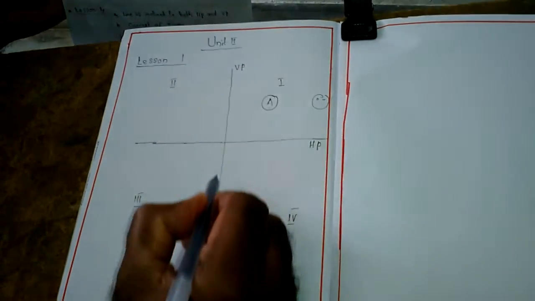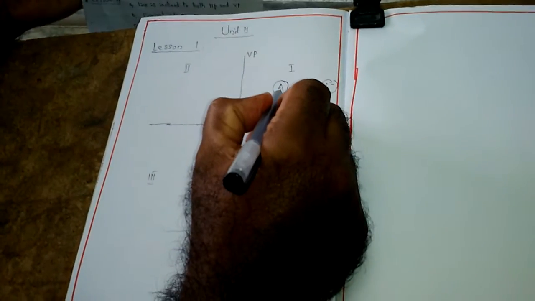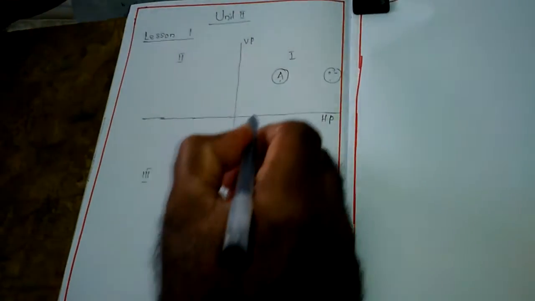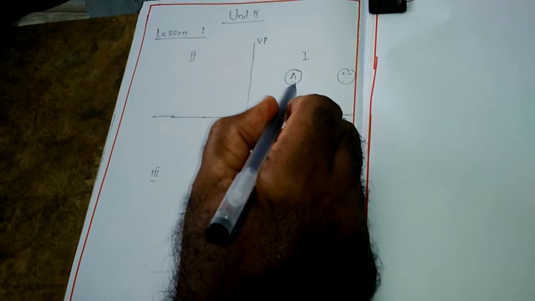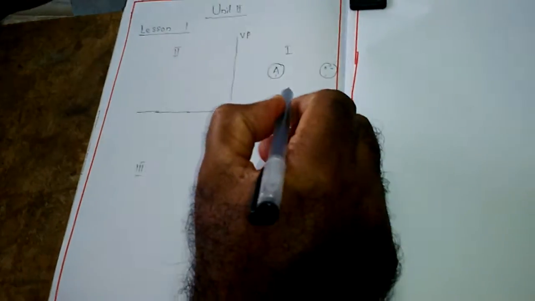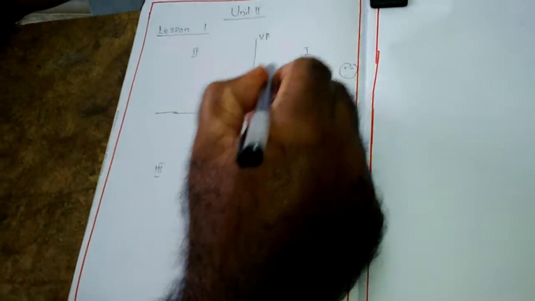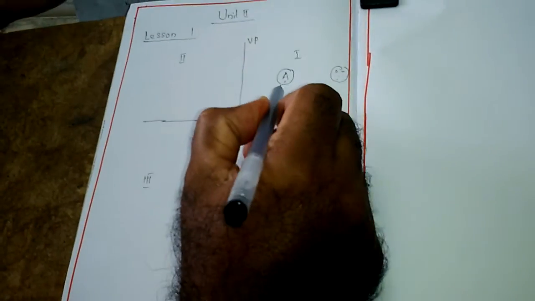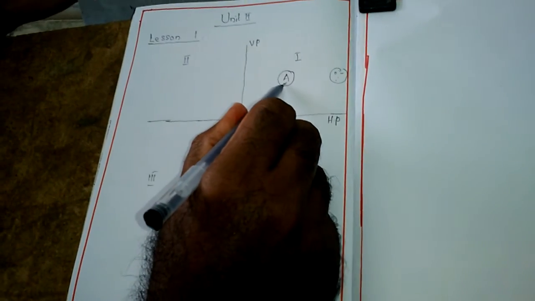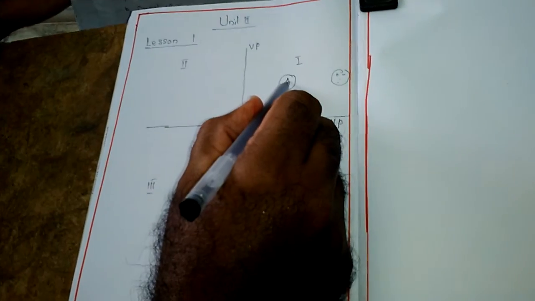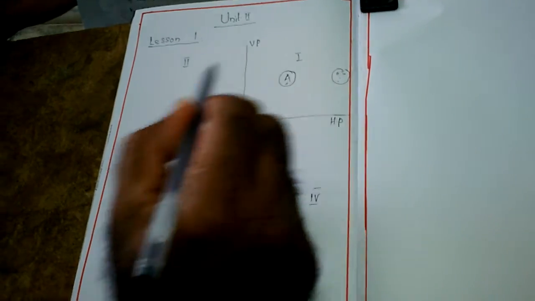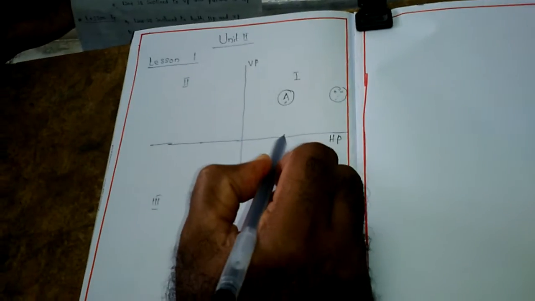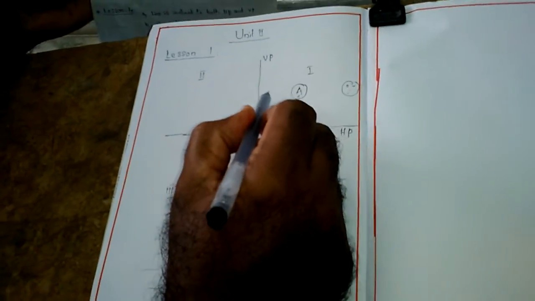So this is the plane of projection. Here when the object is placed in between the observer and the plane of projection, this is called first angle projection. Nothing but if the object is placed in the first quadrant, this is called the first angle projection method. With respect to the position, the object is placed above HP and in front of VP. In first angle projection method, the object is placed above the HP and in front of the VP.